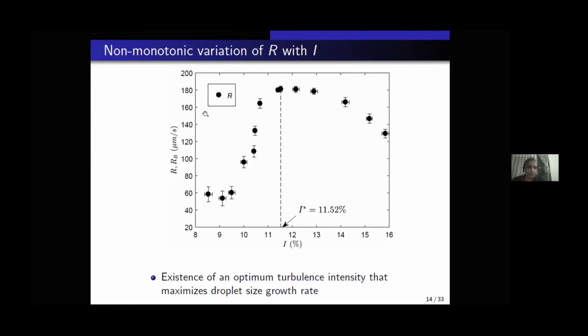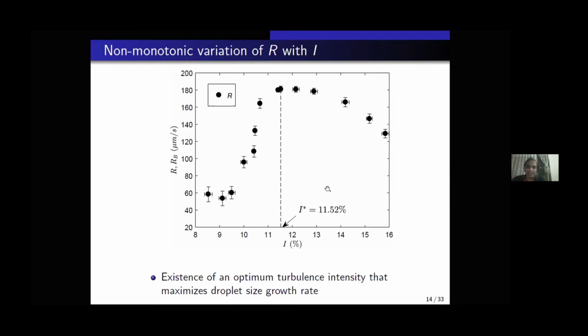We plot this droplet size growth rate on the y-axis as a function of the airflow turbulent intensity. So these are the 14 different cases that I listed out on the table. Our intuition to begin with was that the more the turbulent intensity, the more the droplet size growth rate, because we were expecting more droplet collisions as you increase the air turbulence intensity. So indeed, the droplet size growth rate increased as a function of I, but then